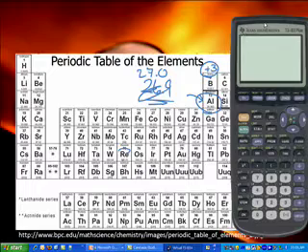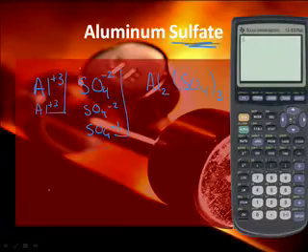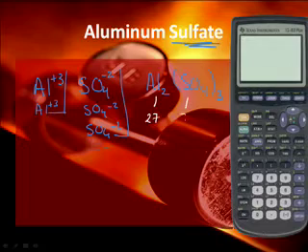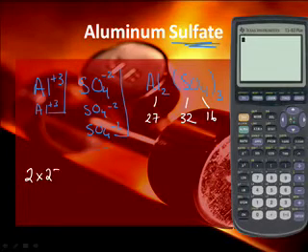Let's go back. Aluminum weighs 27, sulfur weighs 32, and oxygen weighs 16. They're all point zeros, actually. So how many aluminums? 2 of them, so 2 times 27 plus how many sulfurs? 3, because the 3 outside the parentheses means everything inside is times 3. So 3 times 32